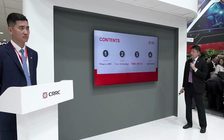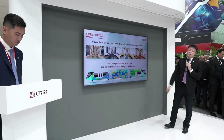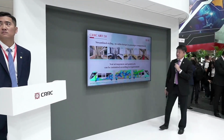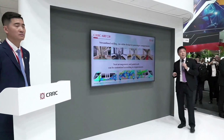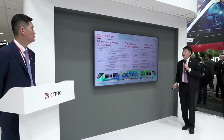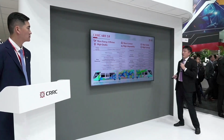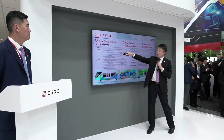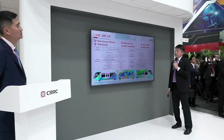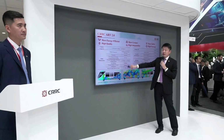Number 3, CRRC ART2. CRRC ART gives a streamlined timing, low cabin design, and asset capacity. So the seat arrangement and the paintwork can be customized according to the requirements. There are some parameters of the CRRC ART, like that the vehicle capacity will be more than 300 per person, and the vehicle's length will be 30,800, and